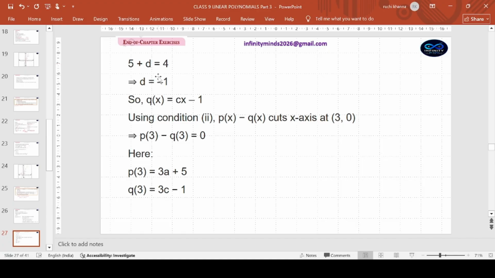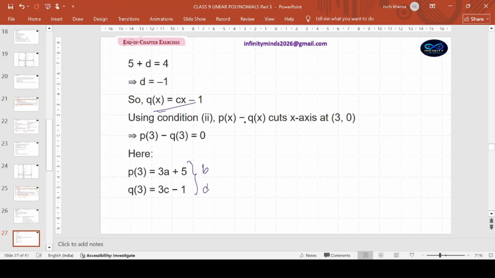We get constant to constant, we get d equals minus 1. So qx is also defined a little bit the way px was defined. px was your 3a plus 5 because that b got solved. Now the value of d has got solved. So these are the two equations you are getting